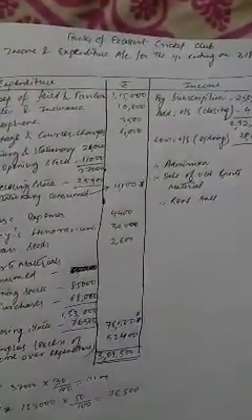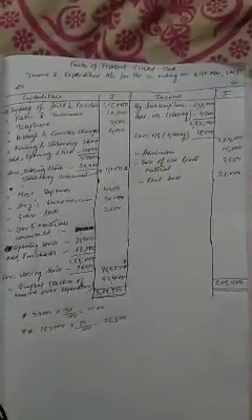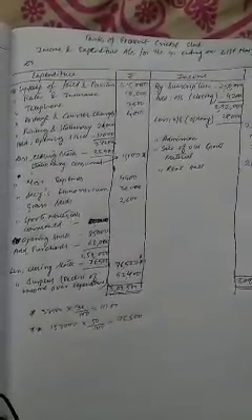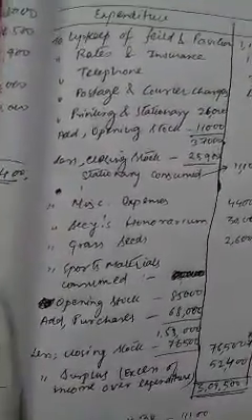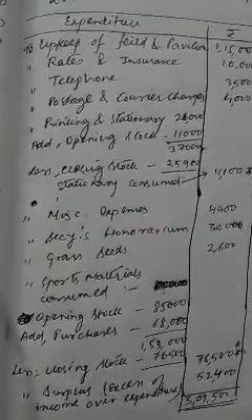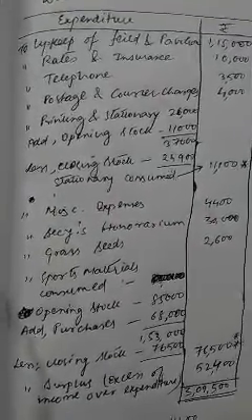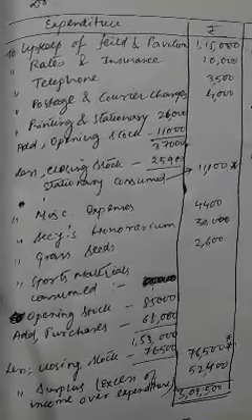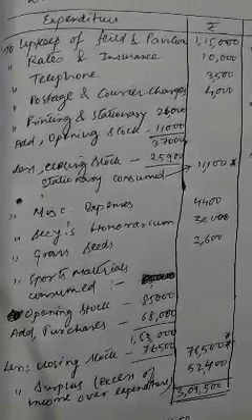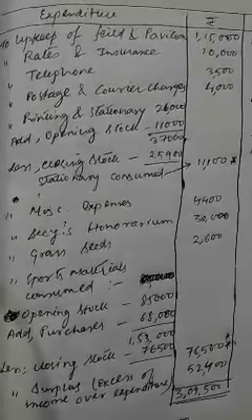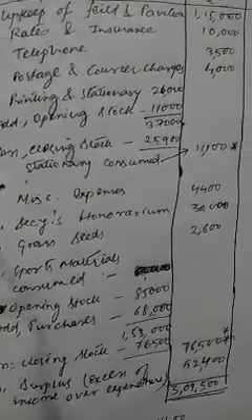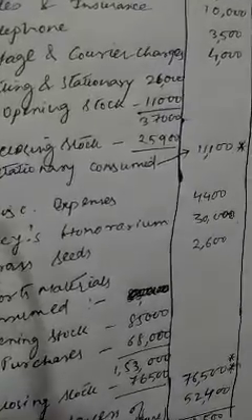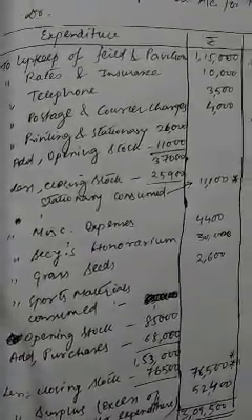Let me start with the receipt and that is income expenditure. You see here very clearly I have written income expenditure. First of all I will start with the expenditure side. Here in the expenditure I have written upkeep of field and pavilion 1,15,000, rate and insurance 10,000, telephone 3,500, postage and courier charges 4,000. See, these things I have just taken from the payment side of the receipt and payment